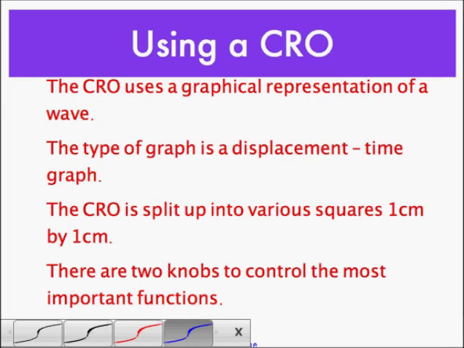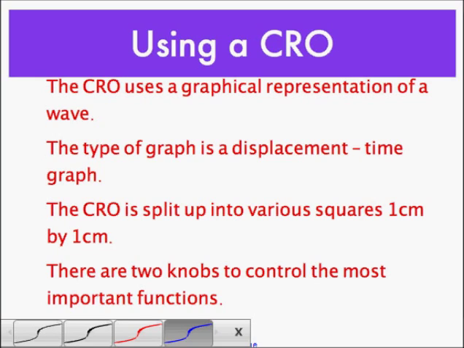Okay, second video of Waves. We're going to start off looking at the CRO. Okay, what does it stand for? The cathode ray oscilloscope. Cathode is a negative terminal, and the ray that comes out of a negative terminal is an electron ray. Okay, so it's a whole lot of electrons. And what does it do? It hits the screen like an old CRT TV, those old big TVs. Hits the screen, and you can then see some